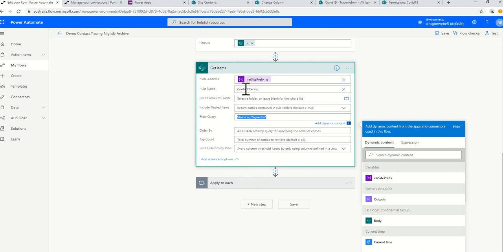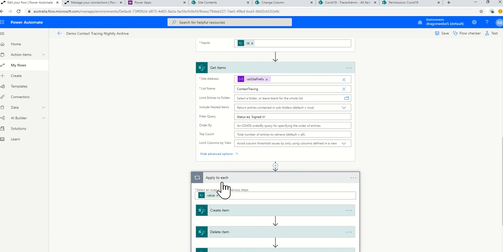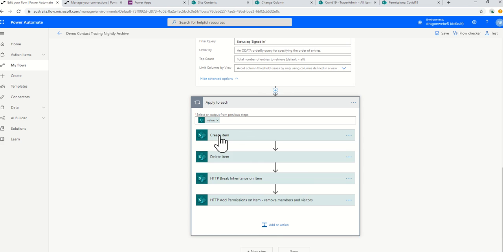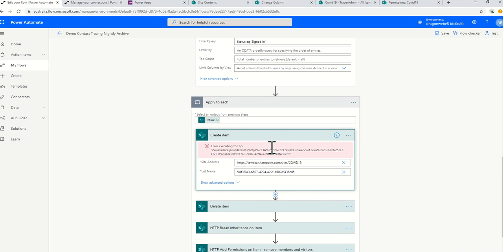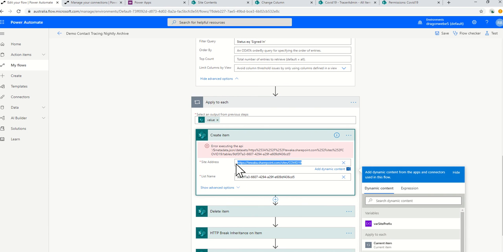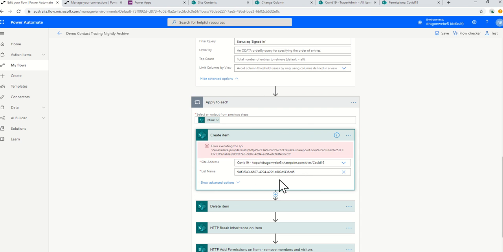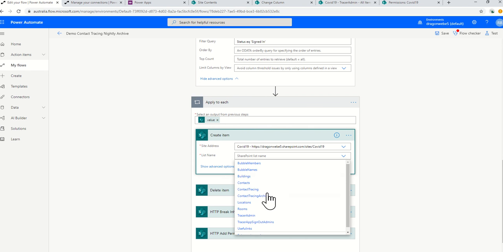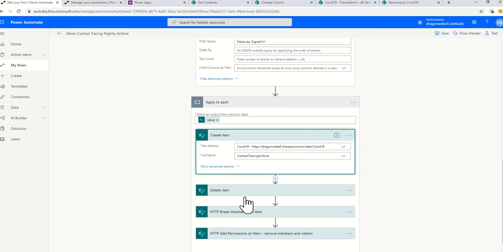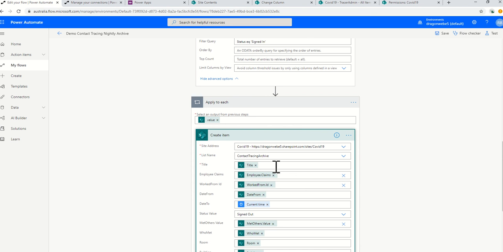Okay, but it's contact tracing. We get the items from contact tracing, build an array of all of those, then we create an item. We just need to make changes through here because it's still linked back to the last tenant I deployed to. So I need to make sure I'm going to pick my own site, and I'm selecting create item in the contact tracing archive, and then that will grab all the